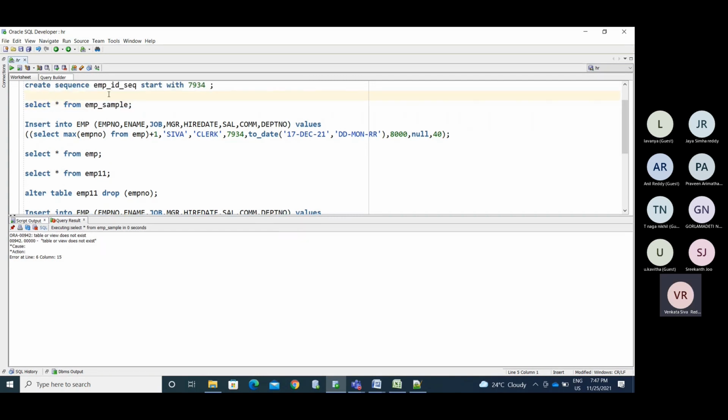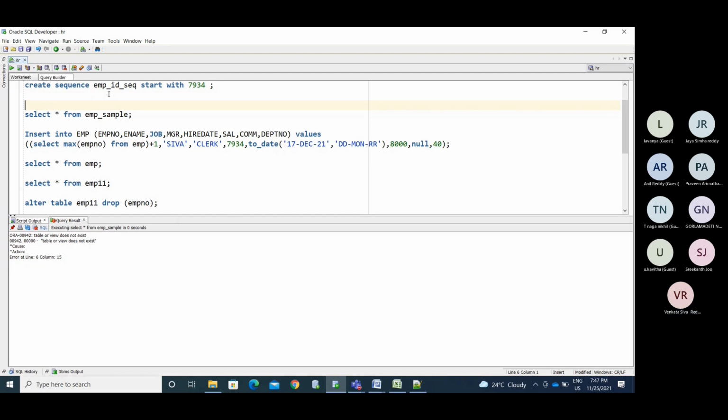What table have we created now? Sample underscore emp. So now we created some table. I forgot that name. What is the object I have created very recently? If you want to find that out, I don't know, right? What table did I create? If you remember, kindly help me. Otherwise, if you mistakenly forget that name, you can get it simply.